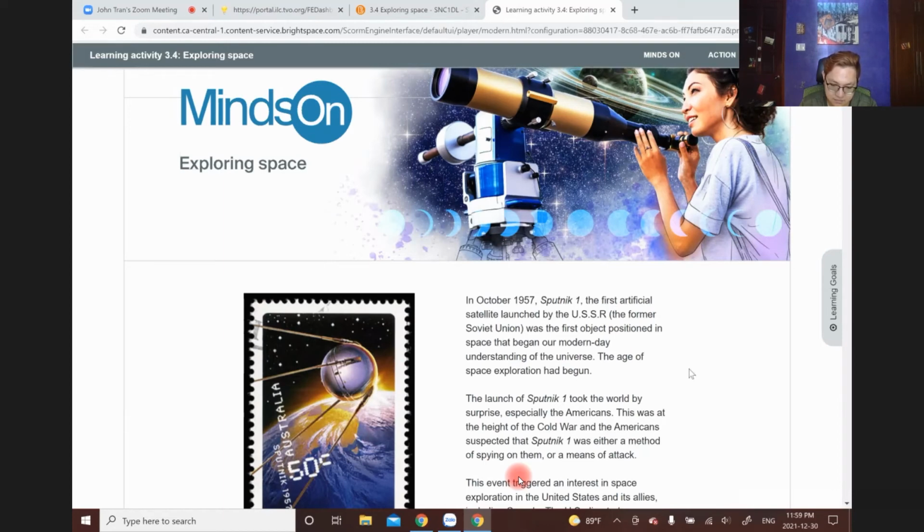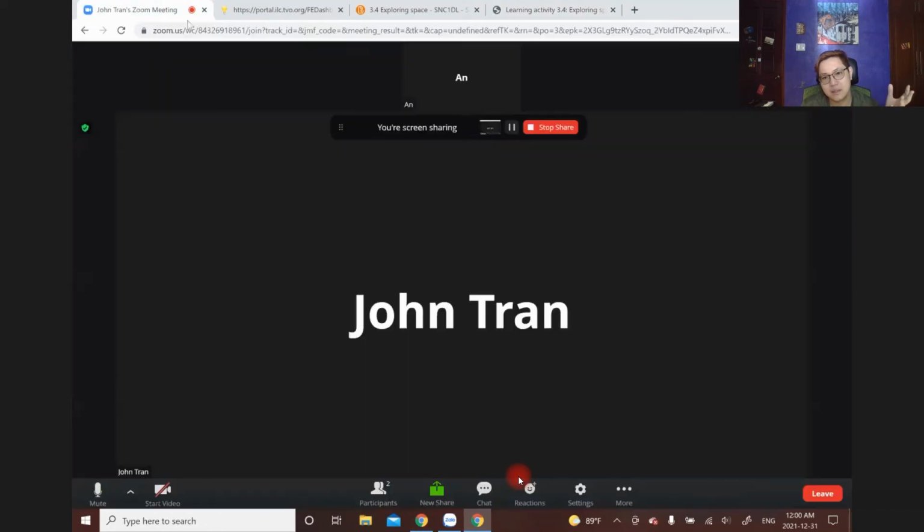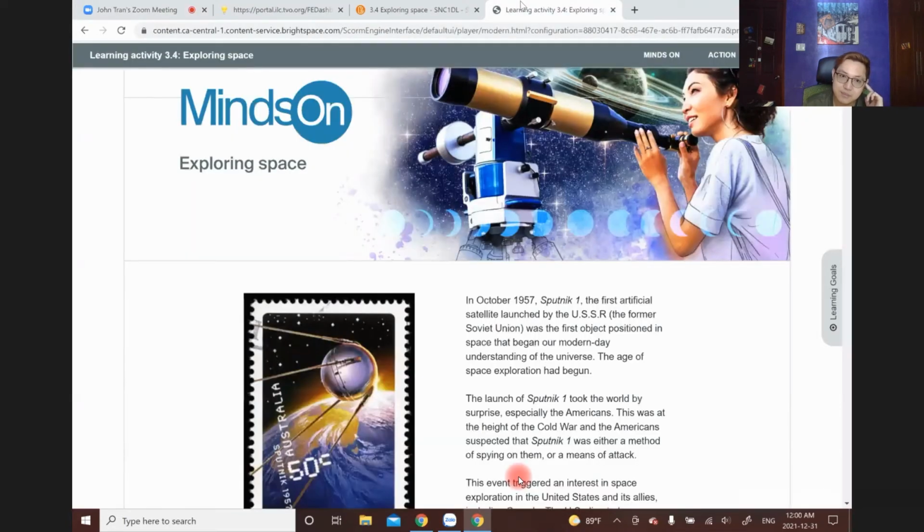In October 1957, Sputnik 1, the first artificial satellite, was launched by the USSR, the former Soviet Union. Basically, the USSR is comprised of like 18 different nations, but mainly, of course, the Russians are the biggest country in that USSR. They joined together to produce these space programs,